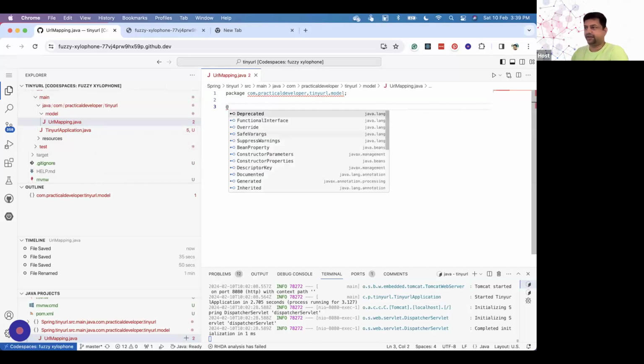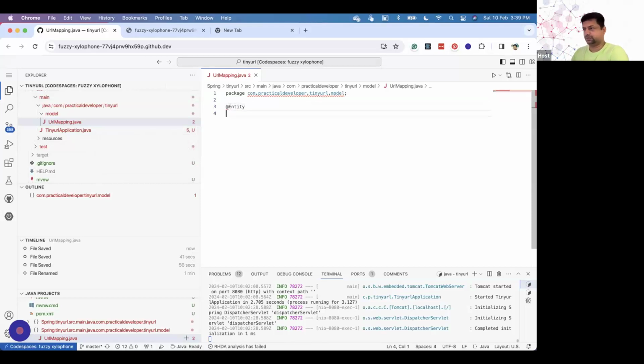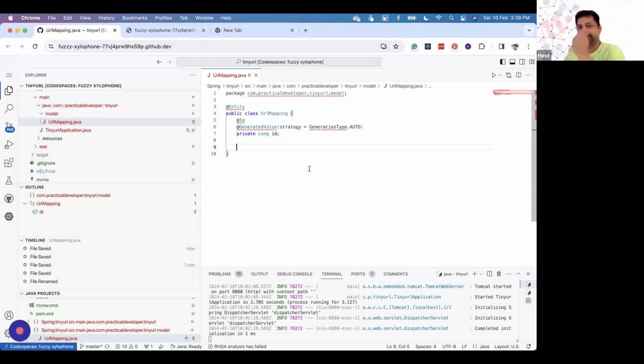So here I have some code: public class URL mapping. This is what we want. We will have various fields here. So we'll need the ID for this. We may need short URL. See here, these are the annotations. So we can import